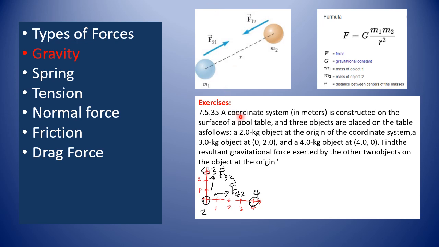We are asked to find the resultant force, which is probably in this direction. Now we find the magnitude of both of them separately, and then do the vector addition and find the resultant force. Now, 3 on 2 is in the upward direction, but numerically the magnitude is 3 times 2 kilograms